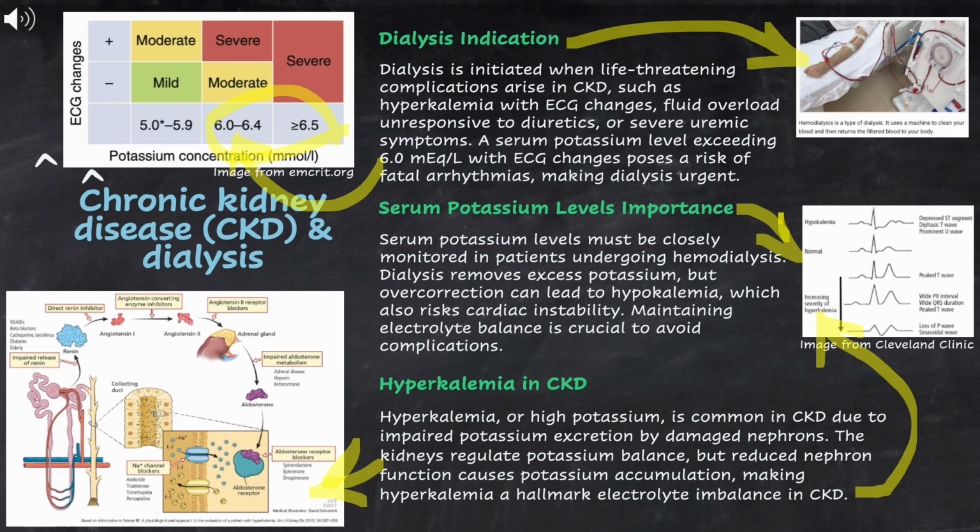In chronic kidney disease, hyperkalemia is especially common because damaged nephrons cannot excrete potassium effectively, making careful monitoring of potassium levels crucial. Dialysis effectively clears potassium from the blood. However, it must be managed cautiously so as not to overshoot and cause hypokalemia, which can also destabilize the heart. The key point is that dialysis is initiated to manage these life-threatening imbalances that the failing kidneys can no longer